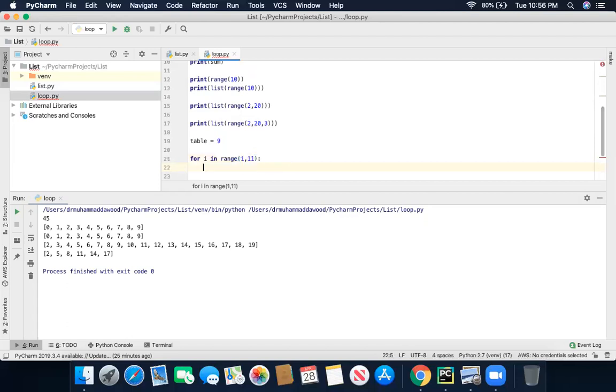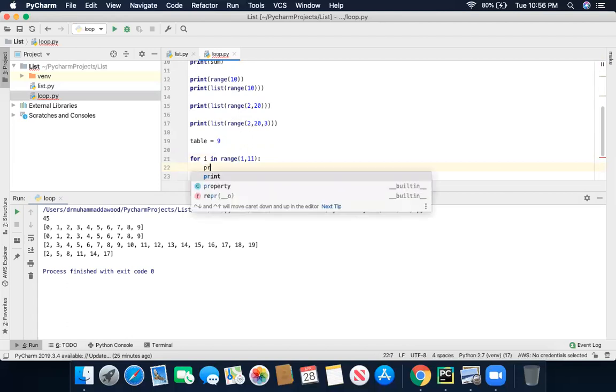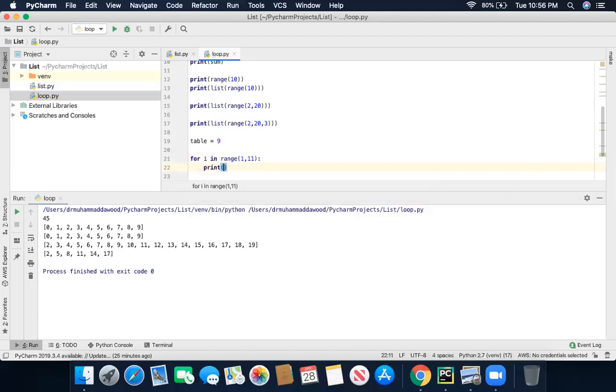And I'm going to print my table. It's like print table, comma, x, comma, i, comma, equals to, comma, table into i.